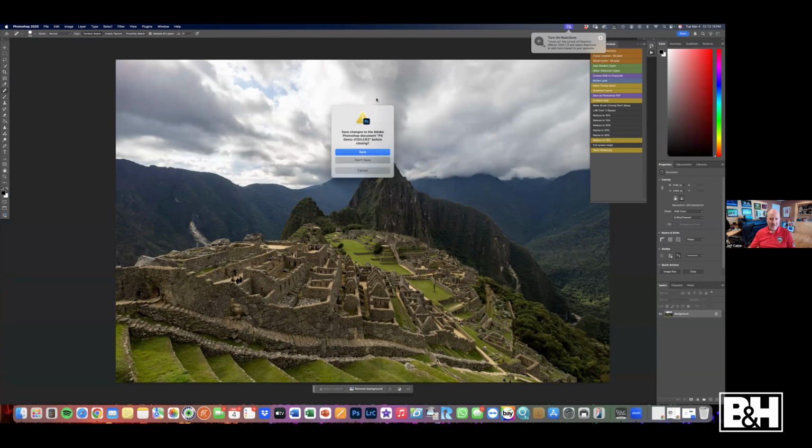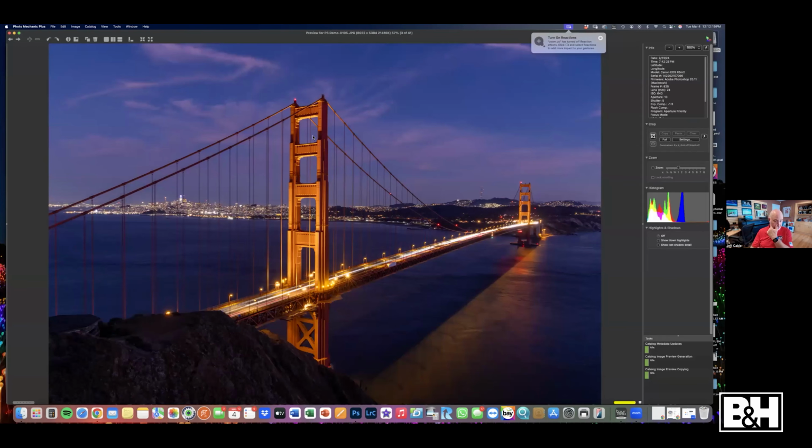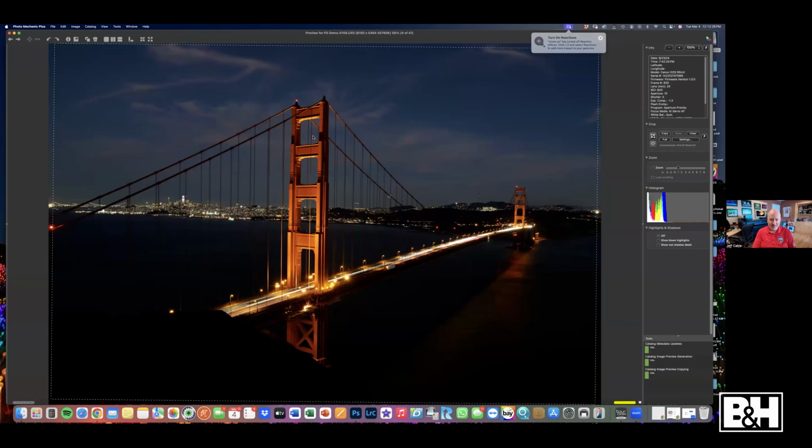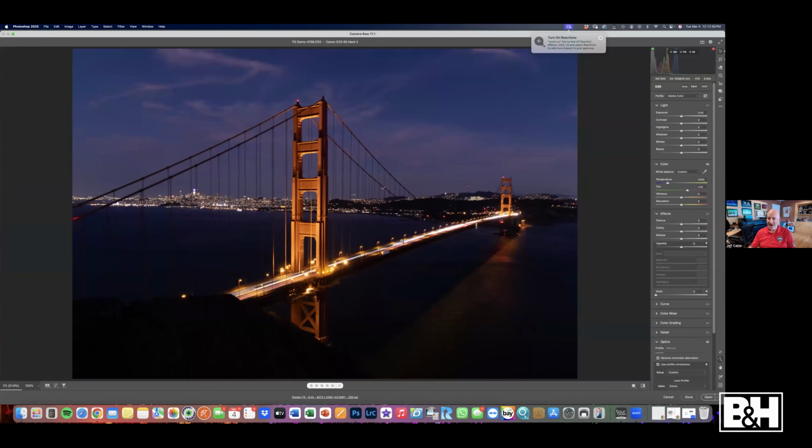Let's get out of that for a second. Same thing here. This is my picture from the Golden Gate Bridge, from the photo tour I did in San Francisco back in September. But it started like this. If you look at this, I was exposure comp down 1 1/3. The reason I did that when I was shooting these night shots is I wanted the trails of the cars not to be completely blown out. I wanted to have as much of that data to work with as I could, knowing that my image would be overly sharp. So if I go into this and hit edit, and we have this shot,